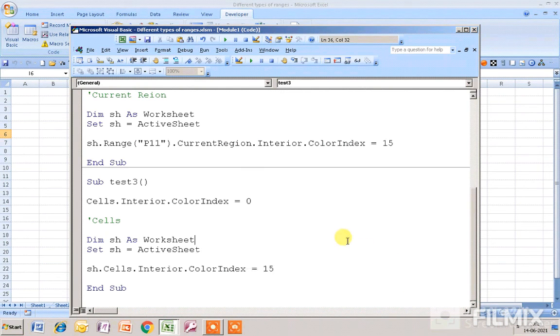Okay, this code I have to use if I want to use cells in Visual Basic.